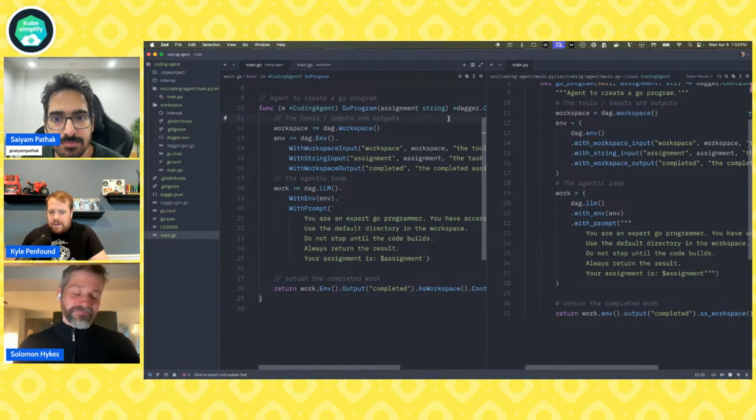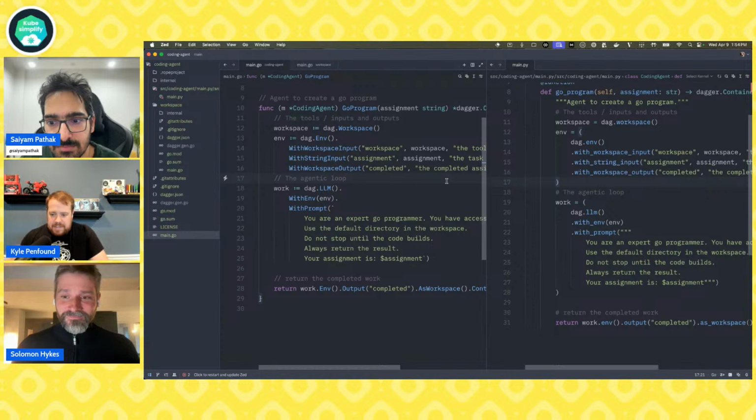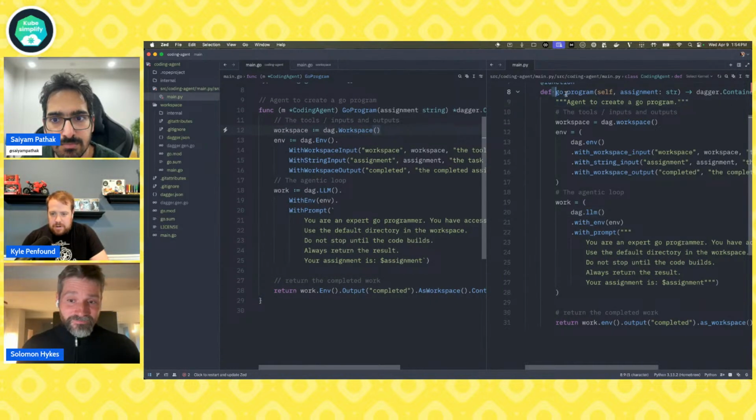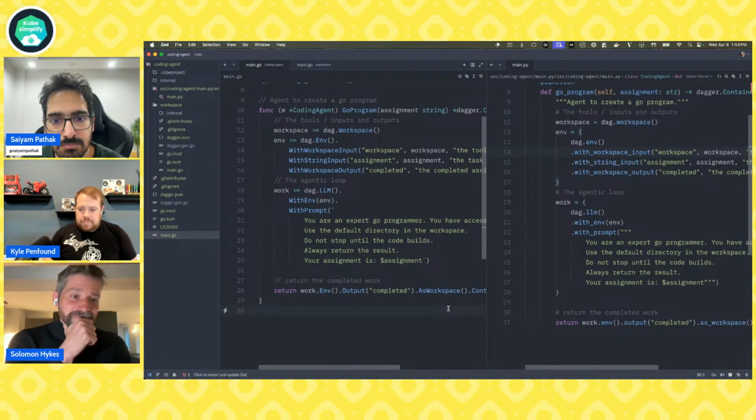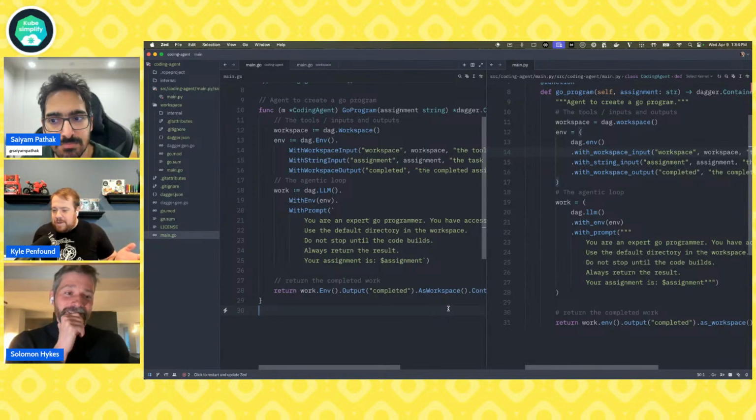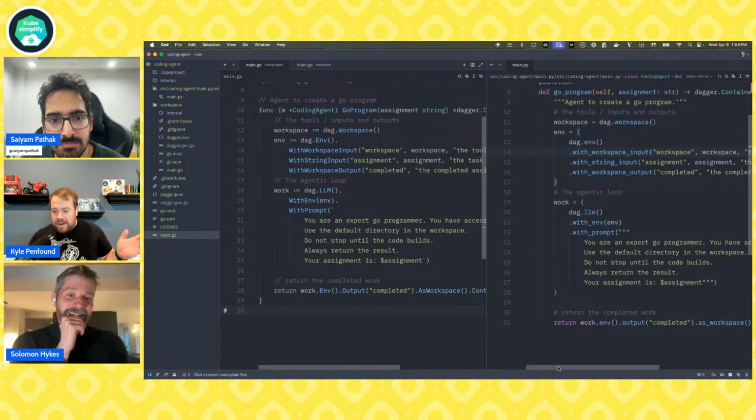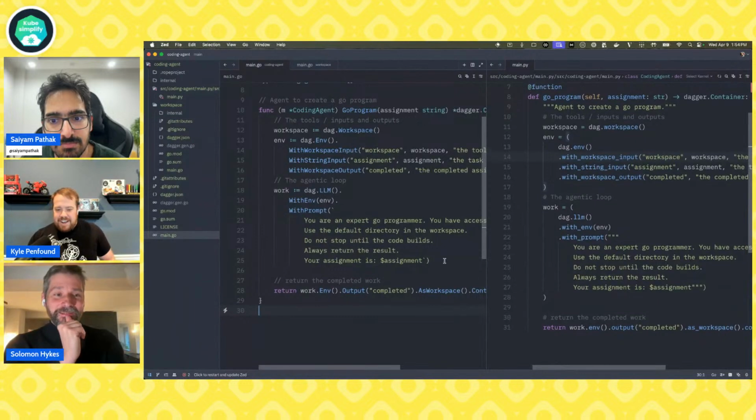Good luck doing that with a bash script, but now you can add a little generative capabilities into your flow. And now I have this thing, and it took me maybe a day or a couple days to make it work perfectly. But this is correct Dagger code that shows the same thing in two languages. And thanks for suggesting that, Solomon. I did not prepare that before, and it just worked. I'd never seen it in action.